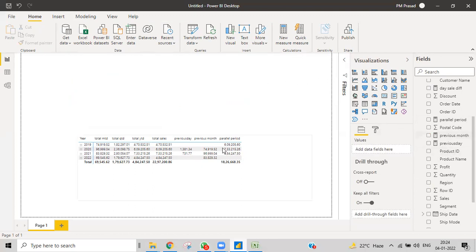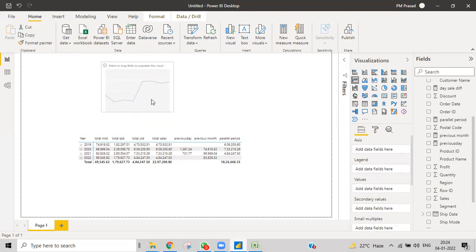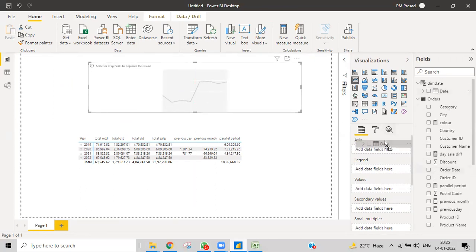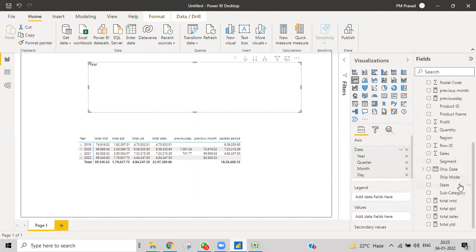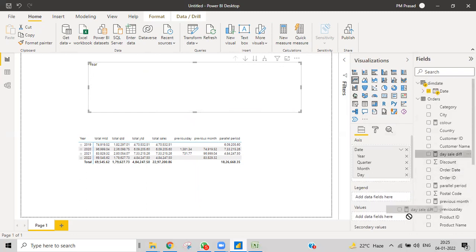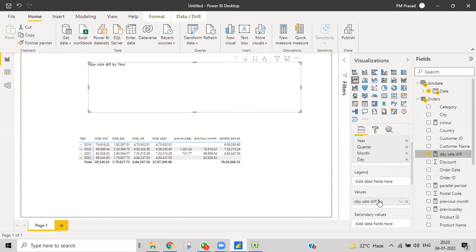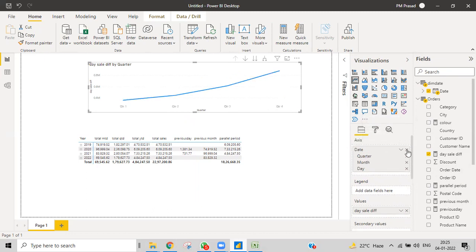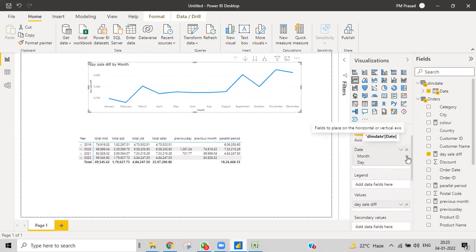You can calculate the difference, like what we calculated previously. We can use that over here, a simple thing, with the previous day and the difference we also calculated. What I want to show here is my date on the axis, and I want to show the difference, day wise, not quarterly or monthly.